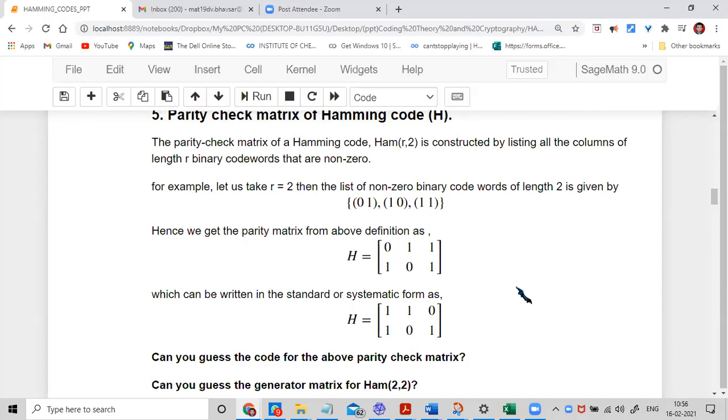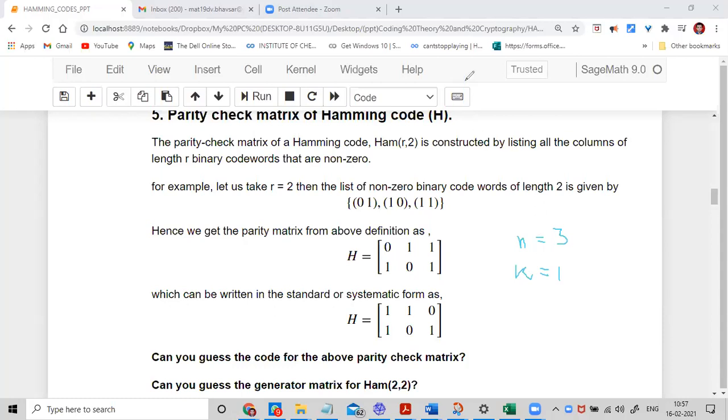Right. So now n minus k cross n. What is n here in this particular example? It is 3. So what is k? 1, 2, 1. Why 2? The parity check matrix H is n minus k cross n. This is n minus k, 2 cross 3. So n minus k is 2, so k equals 1.